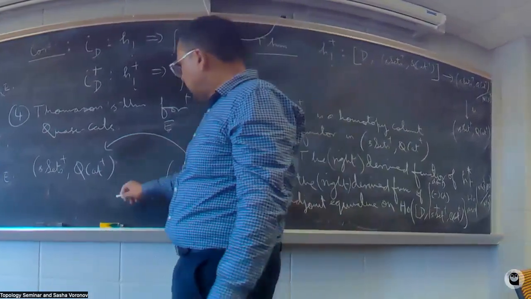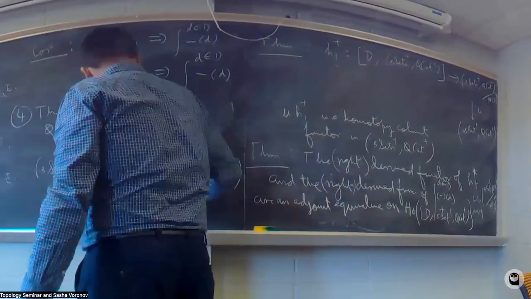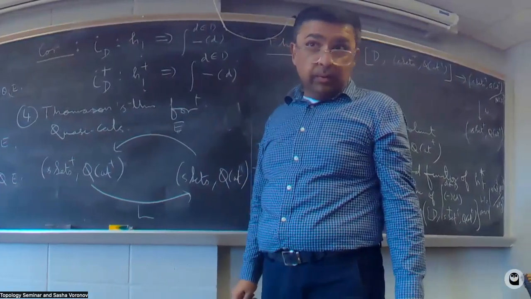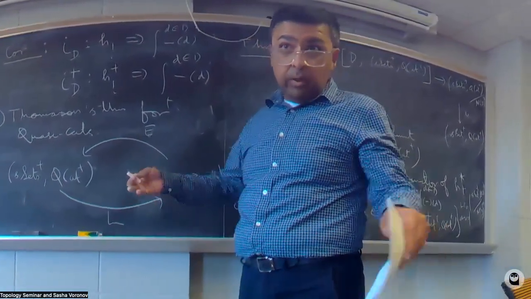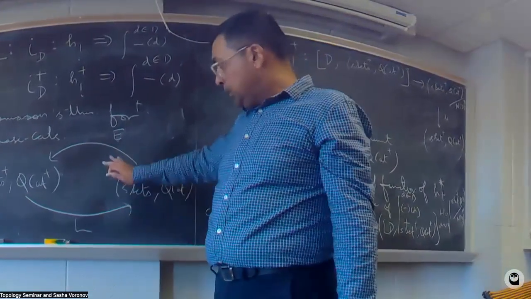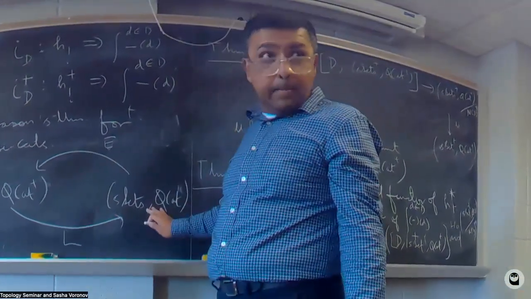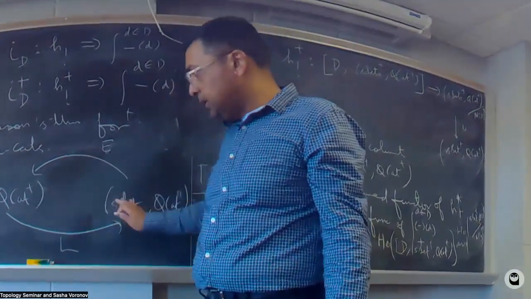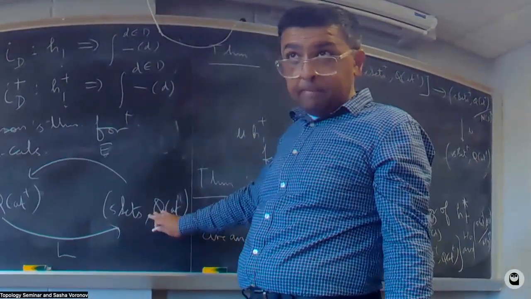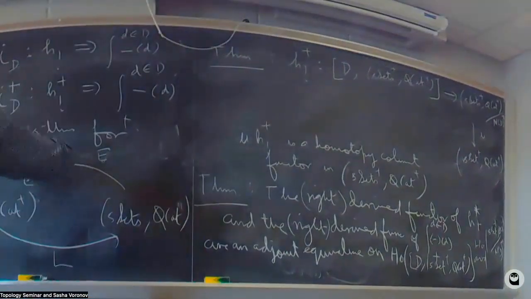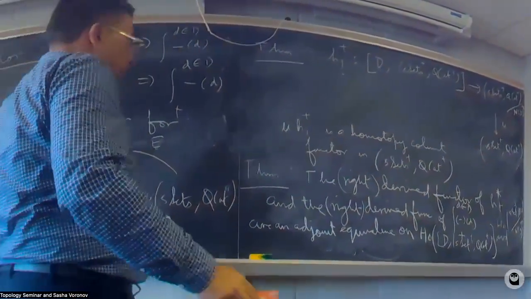And this side, functor L would localize the marked edges, basically invert all the marked edges. This gives you an equivalence on the homotopy categories of these two model categories. So the last thing is that in Thomason's theorem for